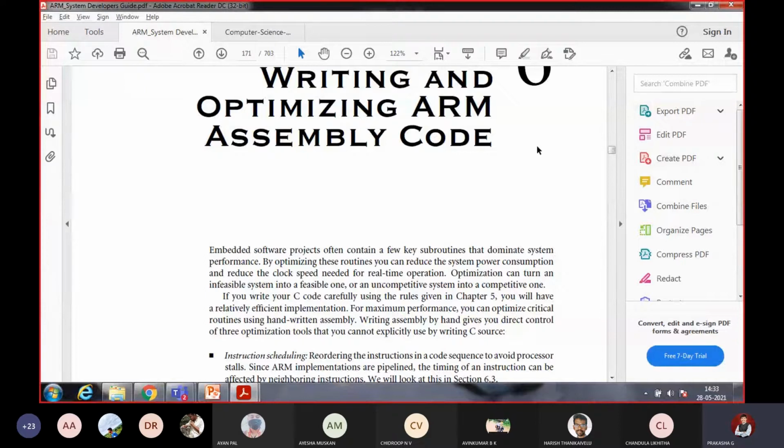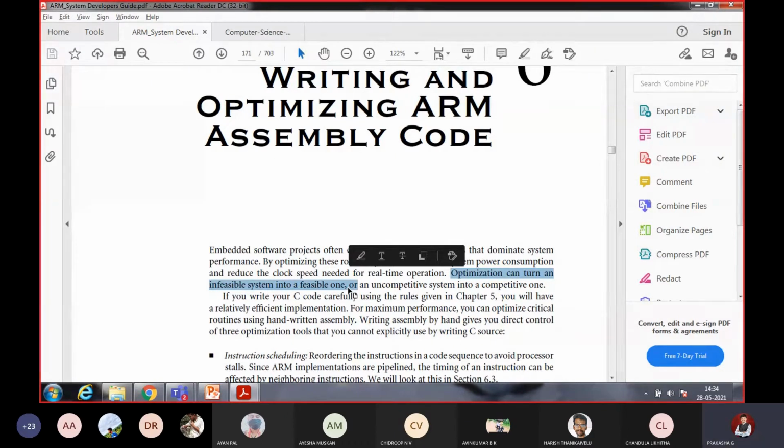Optimization can turn an infeasible system into a feasible one. So obviously it should be feasible. It should not take 5 minutes to weigh, and even if it takes 5 seconds, we cannot say it's real time.